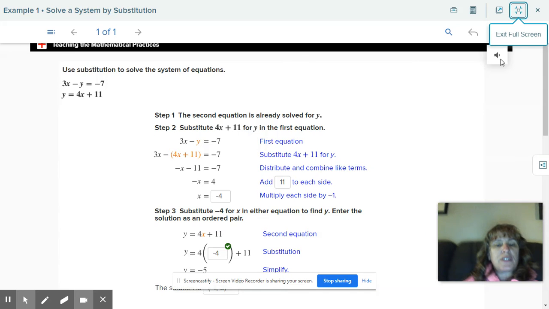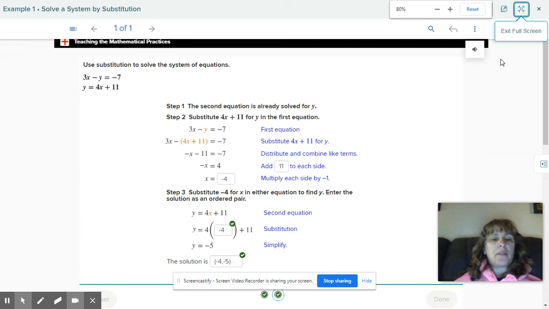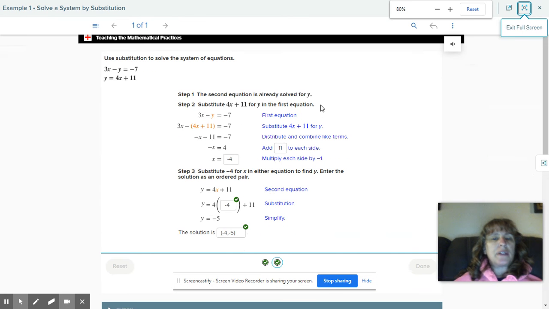So here's our first example of using substitution to solve the system of equations. Now, remember in class we talked about